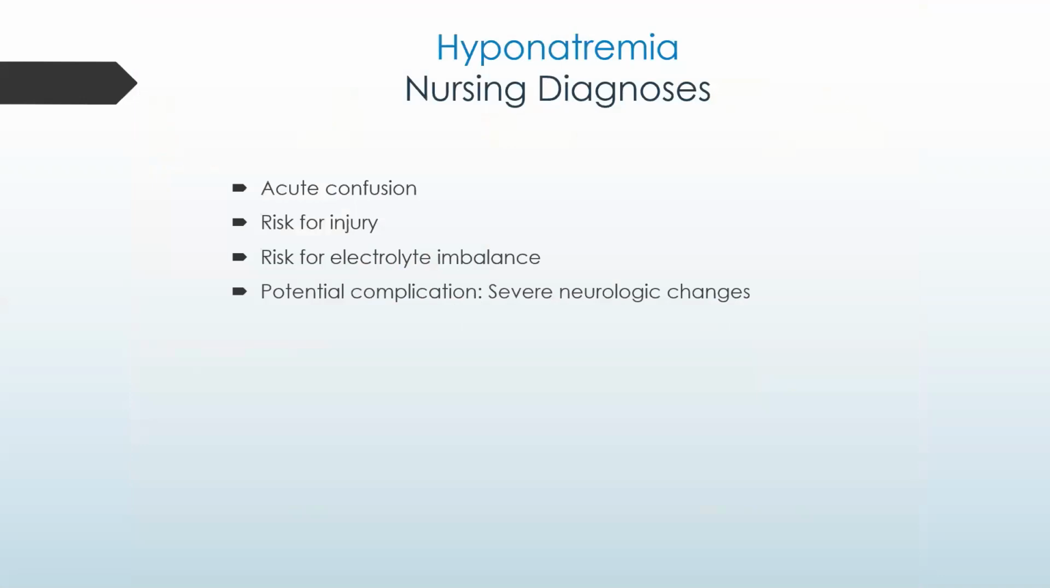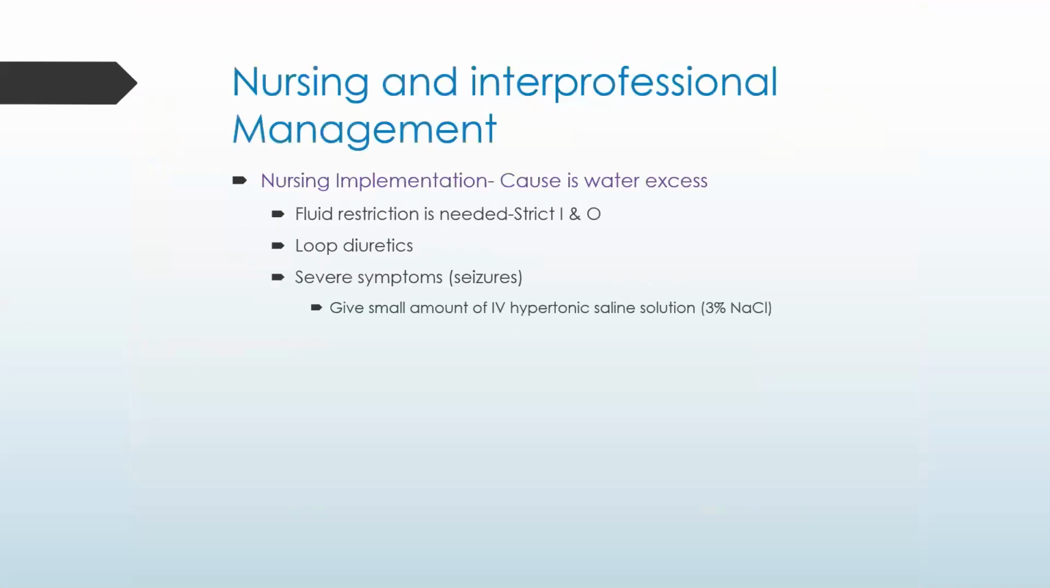Nursing diagnoses related to hyponatremia include acute confusion, risk for injury, and risk for electrolyte imbalance. Potential complications include severe neurological changes. In mild hyponatremia caused by water excess,